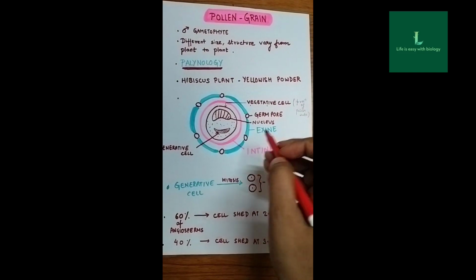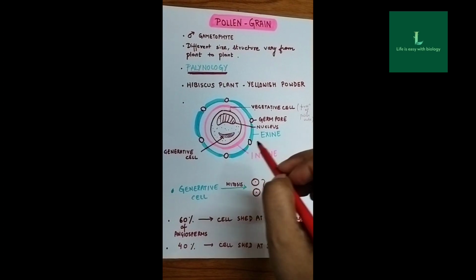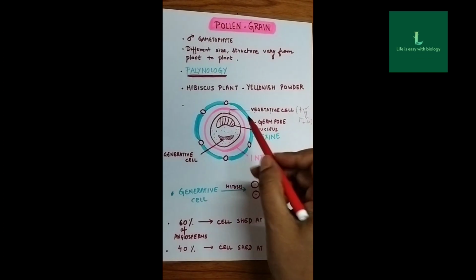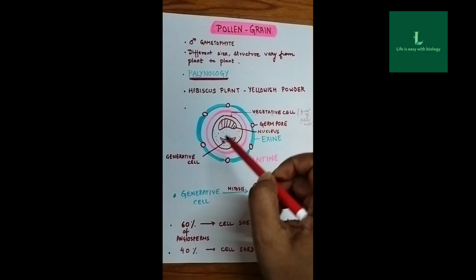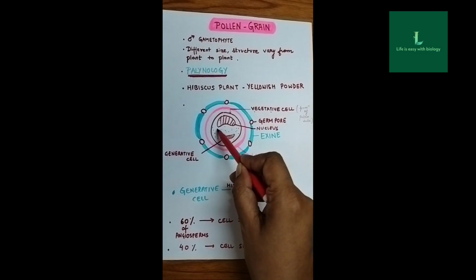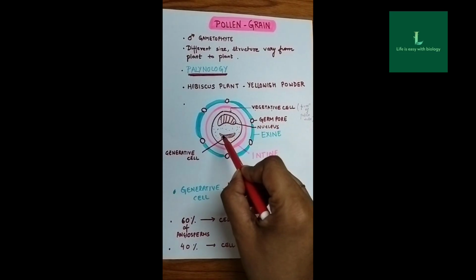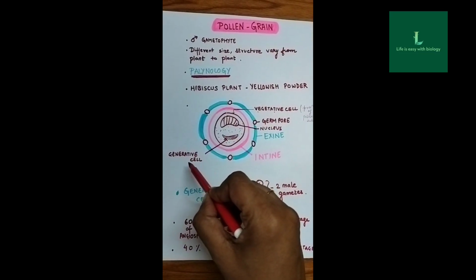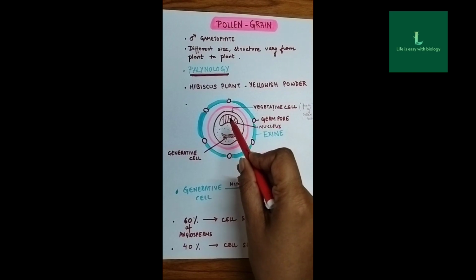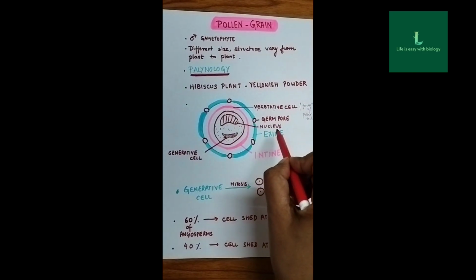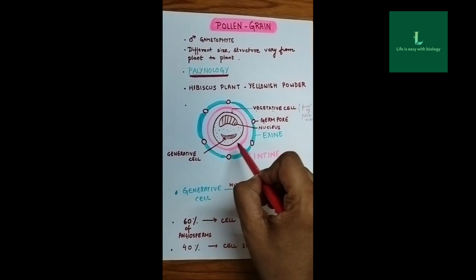So it is resistant to organic material, acids, and alkalis. Inside the pollen grain there are two cells. One, the large cell, is the vegetative cell, and the dot-like structure which I have drawn is the cytoplasm. In the cytoplasm of the vegetative cell, there is another cell which floats in the cytoplasm, called the generative cell. And this irregular shaped body present inside the vegetative cell is called the nucleus. The generative cell is comparatively small compared to the vegetative cell.